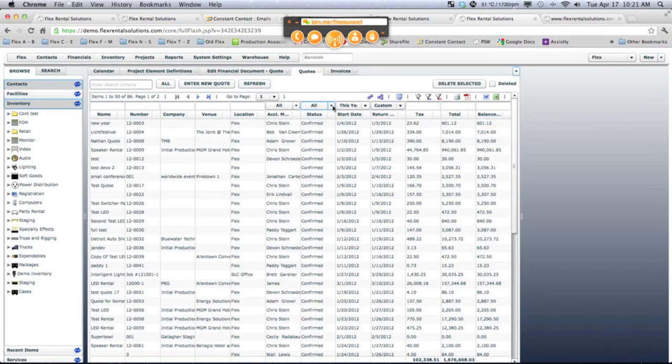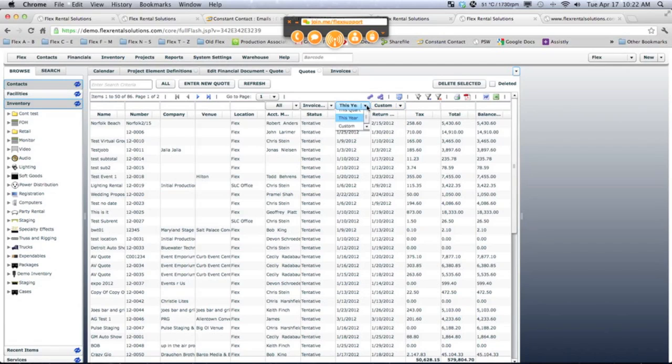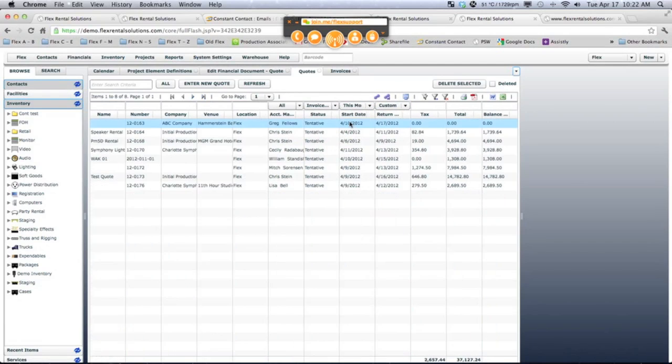So we're going to go under statuses and we're going to take off all. We're going to go to tentative and inquiry and hit OK. And let's go to this month and filter it out for everything happening this month. So if I want to look at all these quotes and say, oh yep, these guys called and confirmed it,